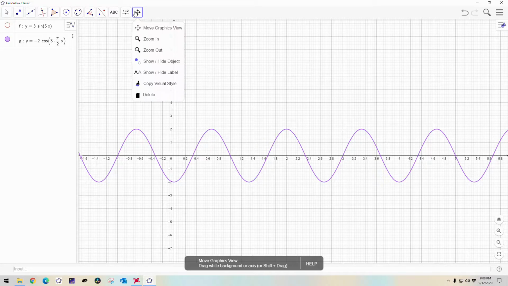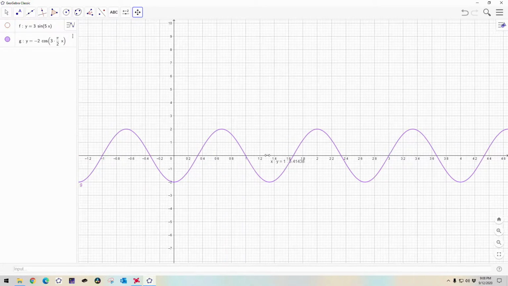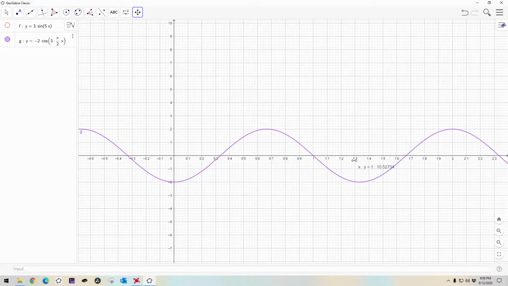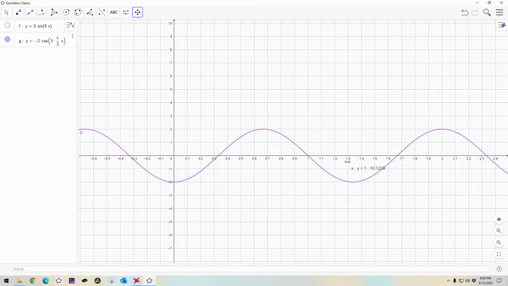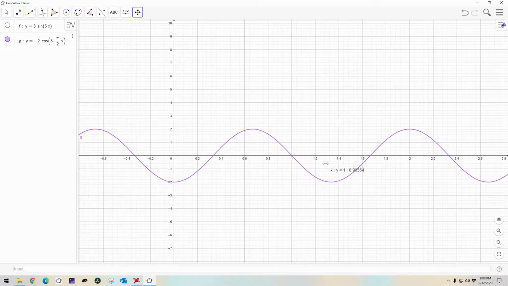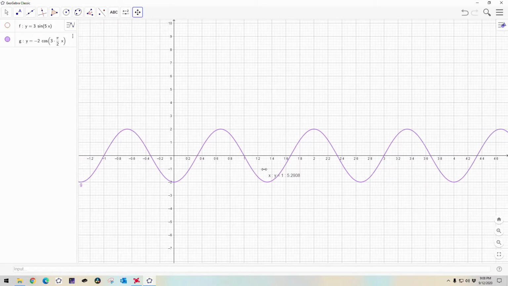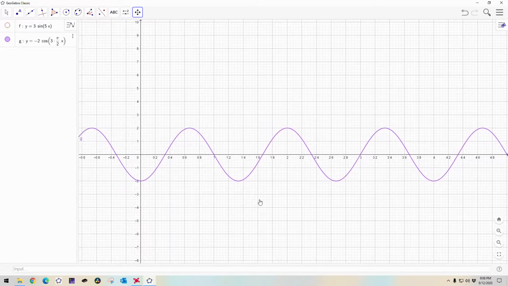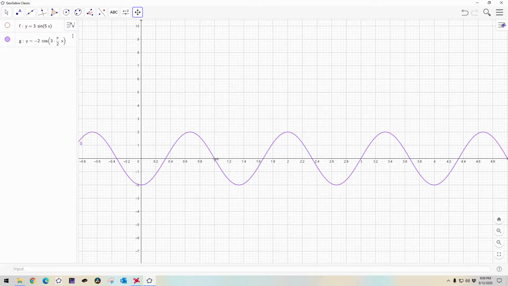Let's see if I can spread it out a little more, if that will help. Yeah, not quite, huh? Can almost see it. It does, however, go through 1, as we speculated before, and it also goes through 3,